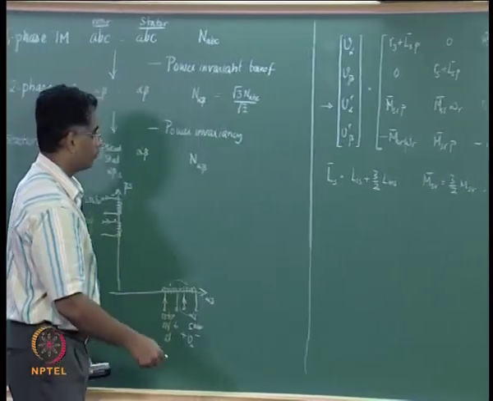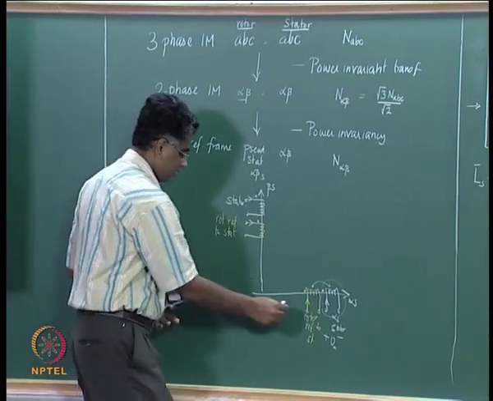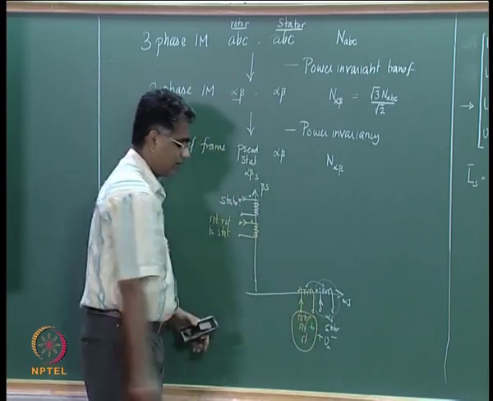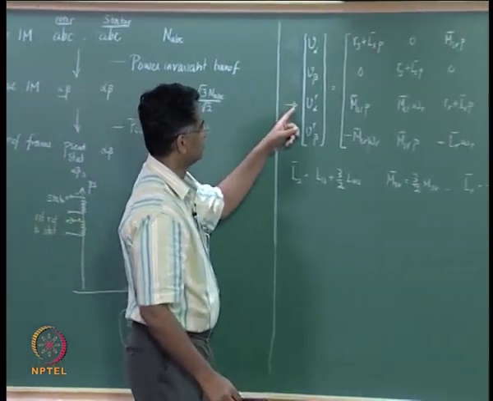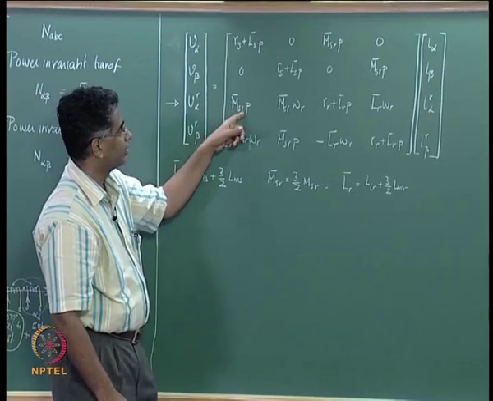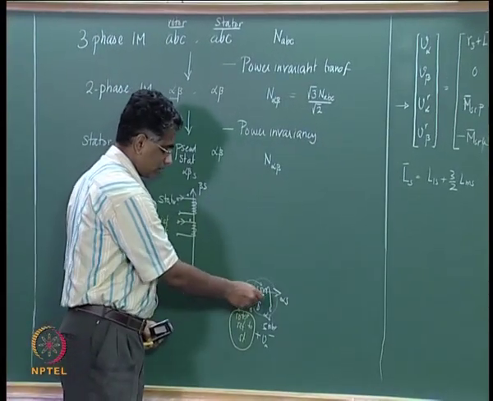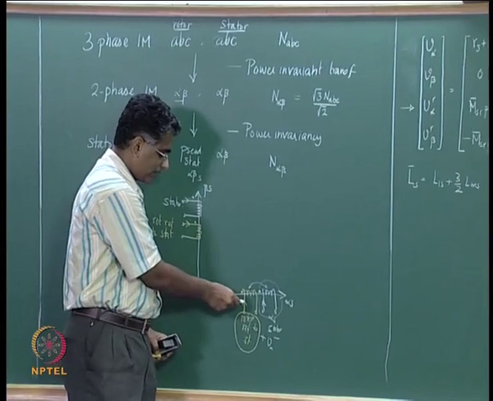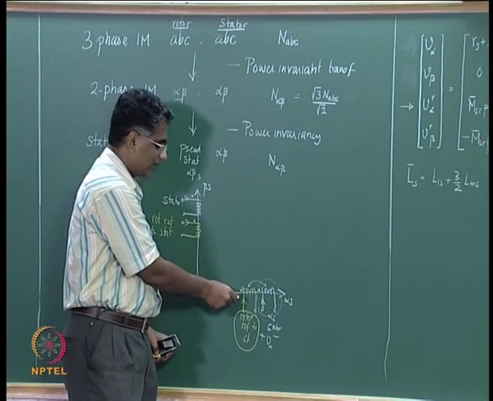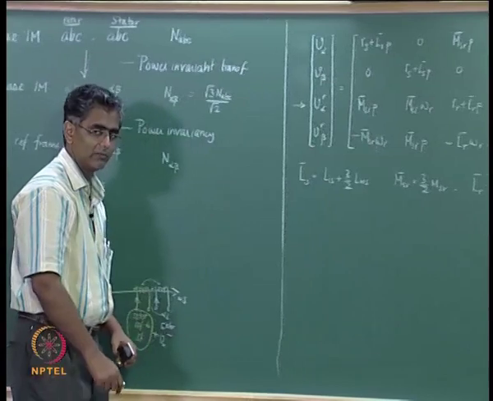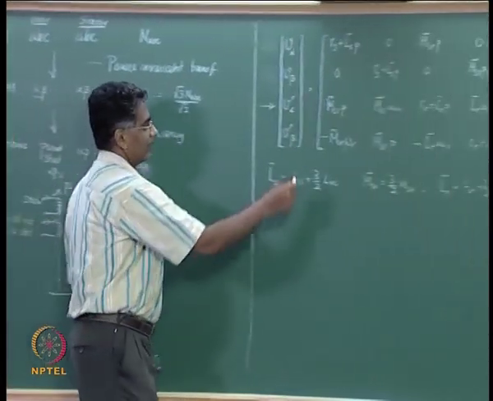In this equation we are writing down an expression for the voltage in the coil here, the rotor coil referred to stator as seen from the stator, and here we find that you have MSR P into I alpha, which we can expect because these two coils are on the same axis, and therefore if there is a current flowing here it would have an induced EMF here defined by the mutual inductance, and therefore this term is alright, MSR into P times I alpha, that is d by dt of I alpha. But now you find that there is another term